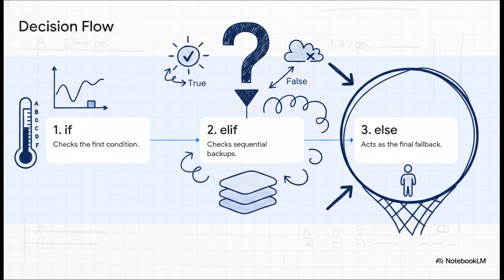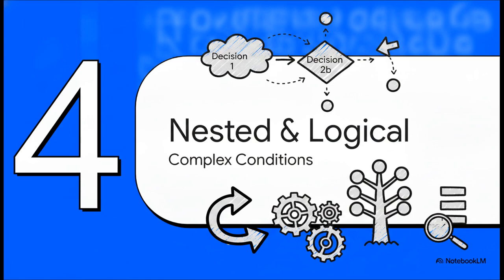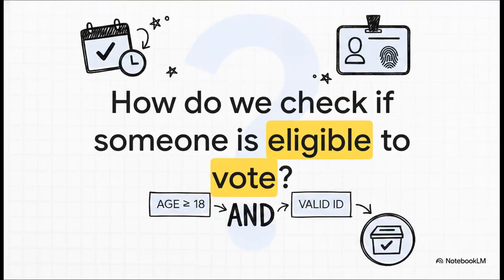This acts as your final fallback if literally no other condition is met. If they didn't get an A, B, C, or D, the else catches them like a giant safety net and assigns an F. Section 4, nested and logical, dealing with complex conditions. Let's see how this all builds up when our everyday decisions require a little bit more nuance and multiple layers